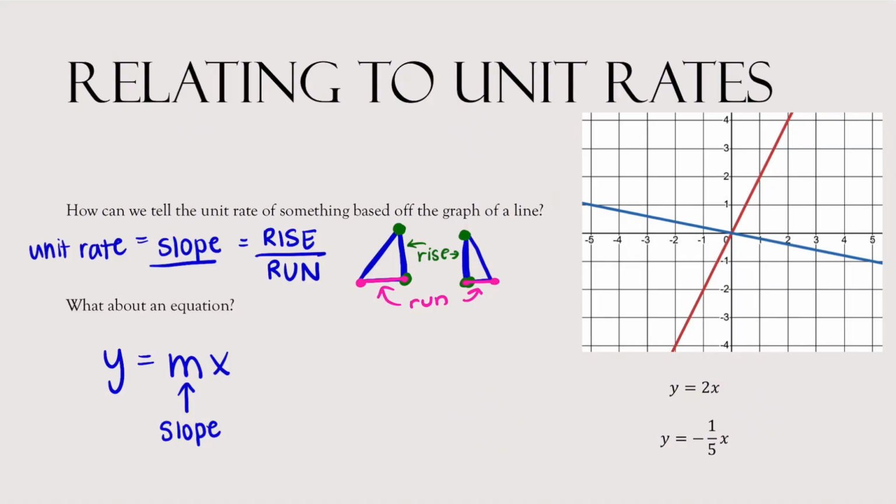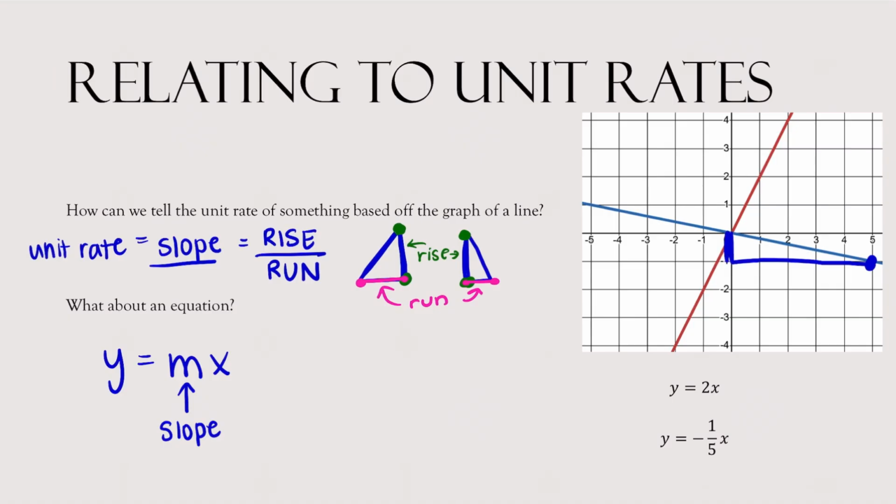So if I look at this graph over here, let's do the blue one first. I'm just going to draw a nice triangle. So I'm going to find a nice point. Here's a nice point here, and I draw a right triangle. I can see that my rise,